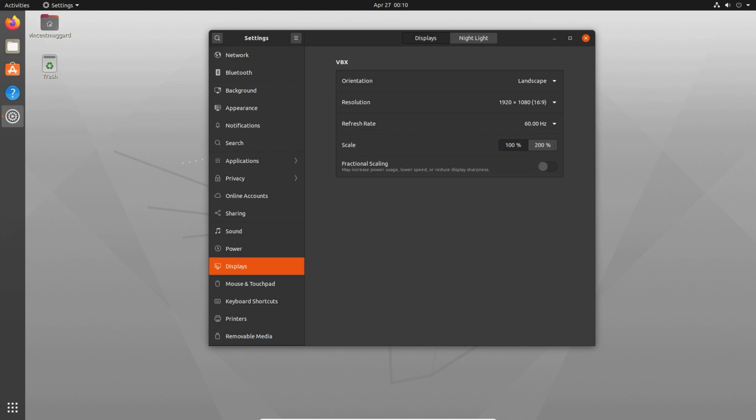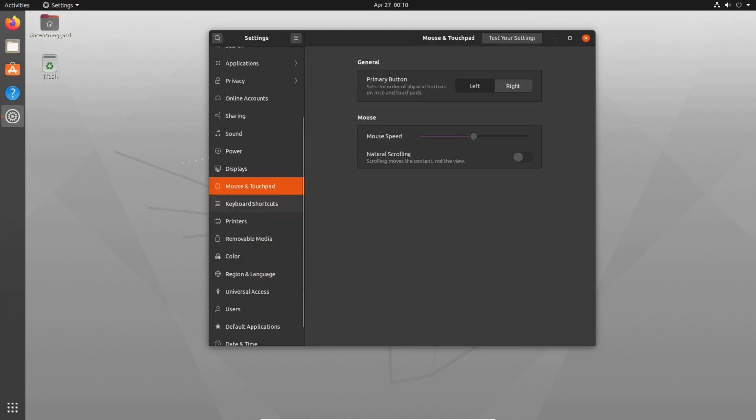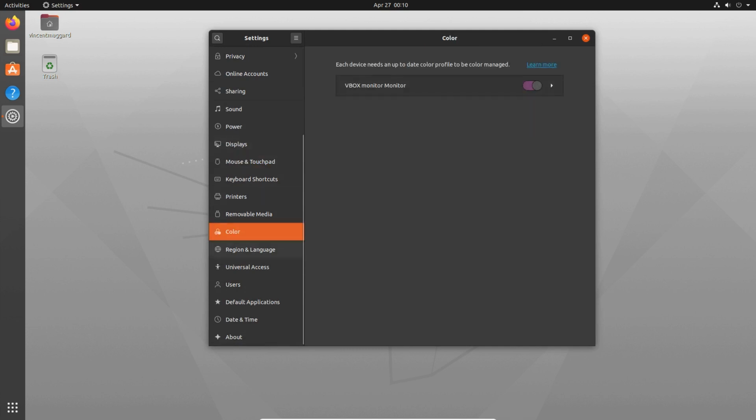So I don't have any 4K monitors handy, so obviously this isn't something I can really test for you. But from what I've heard, it seems like this is good. This was also somewhat there from what I remember in 18.04, but probably improved some since then. Mouse settings, of course, you can change different things in here. So pretty simple stuff. Probably not going to go over all of this, but if we come down to the